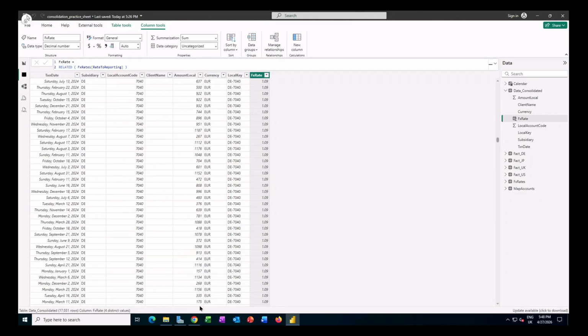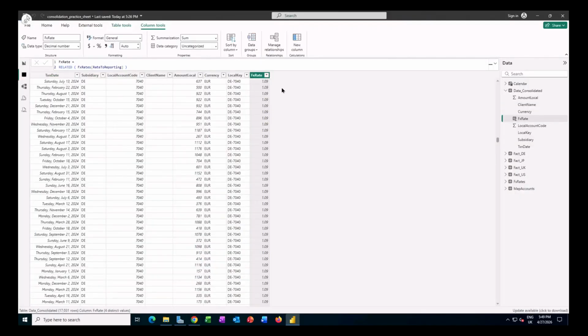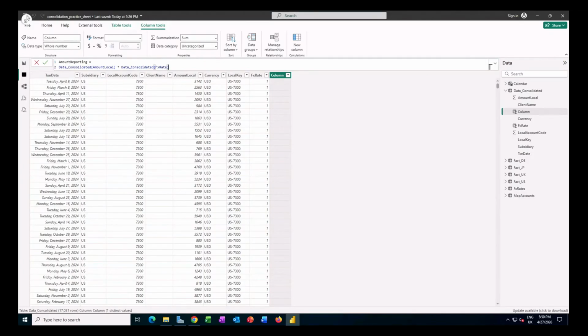So let's go back to my web tutorial. And then you can see here that in order to create that amount reporting column, we simply have to take that amount local and then multiply it by that FX rate. All of those values now come from the data consolidated table. So let's go back to my practice sheet. Again, click on the new column, and then we can type in the function or just copy and paste it, then hit enter,